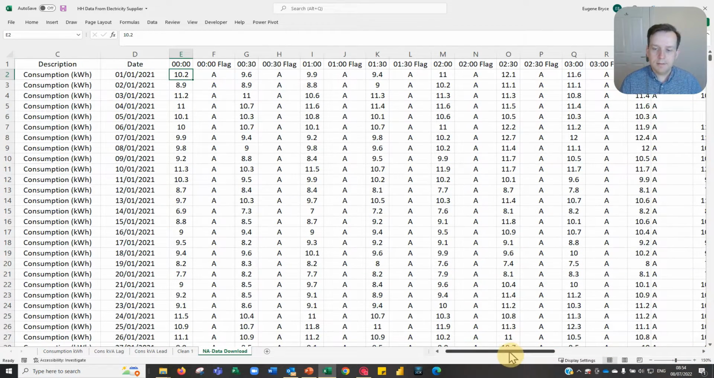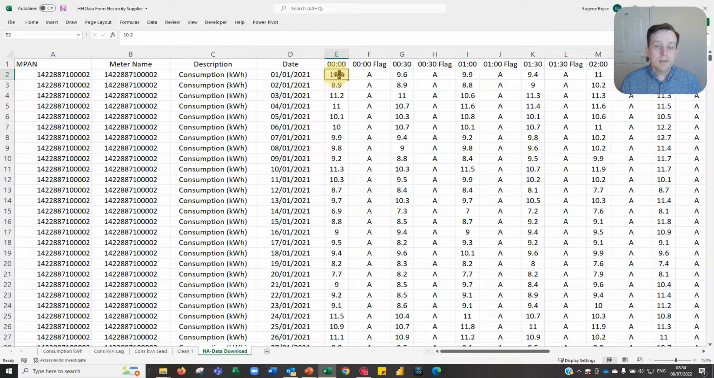Make sure I zoom in. It might be difficult to see on some screens. 10.2 kilowatt hours, and between 12:30 in the morning and 1 o'clock in the morning, 9.6. So the total for the first hour from midnight to 1 a.m. is 10.2 plus 9.6, well, 19.8